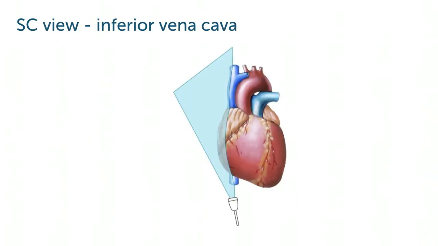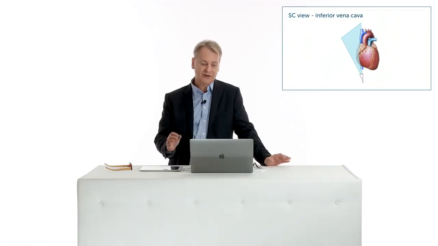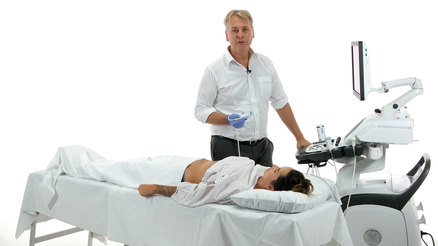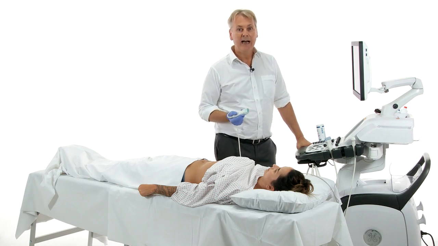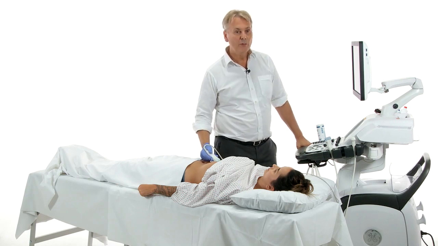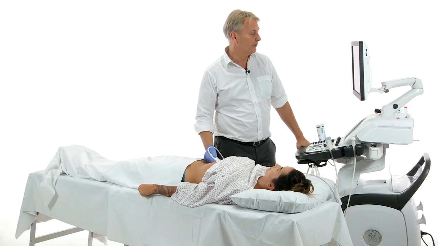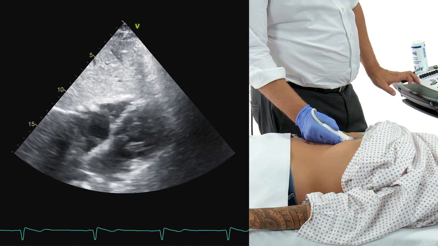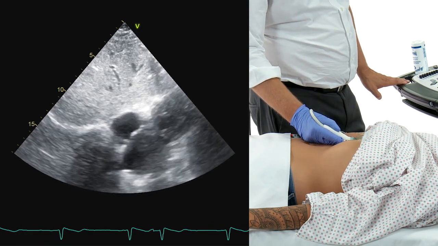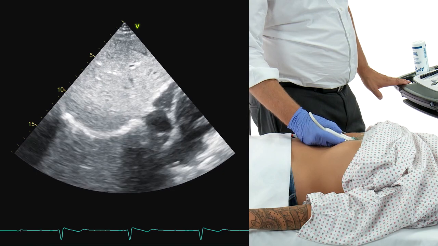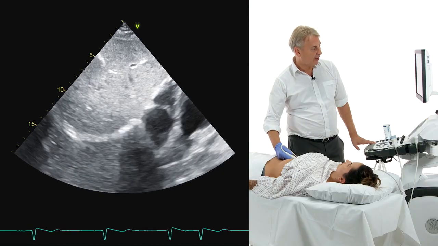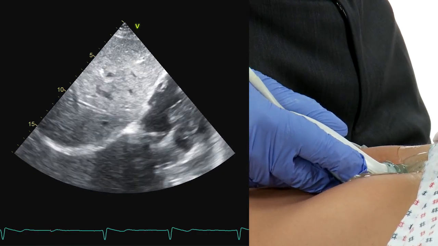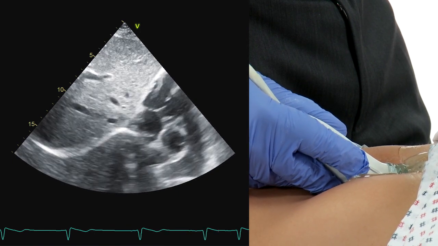Now let's turn to the next very important view, which is the longitudinal view to detect the IVC and also the SVC. There are several approaches to image the IVC. I would prefer to use the one where you start from a 4-chamber view, a subcostal 4-chamber view. From this view, what you need to do is you need to move the transducer, pointing it more to the right, and while you do so, also rotate so that all of a sudden you see the IVC as it